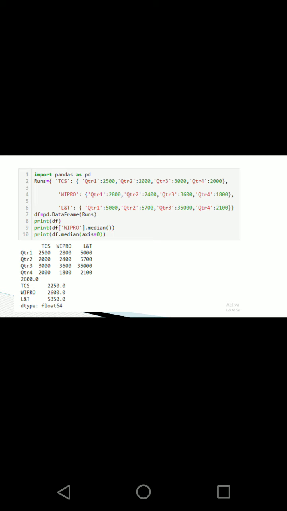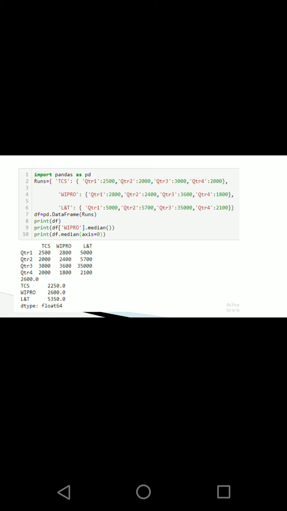Now pause the video here and try to write the same program that we have written before, with the difference that you have to use the median function for the Wipro column. Try to pause the video and write the program. Just refer to the previous program and you try to write, and then we'll go for the next slide, and you can verify whether it is correct or not. Hope you have written it on your own, and you can check for the correctness.